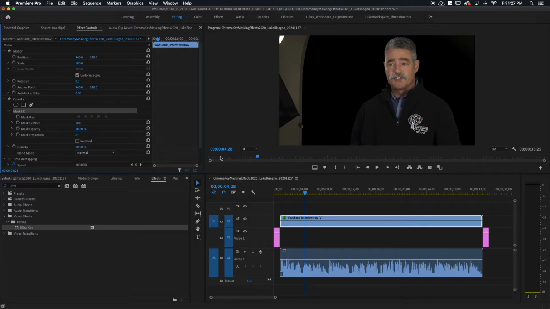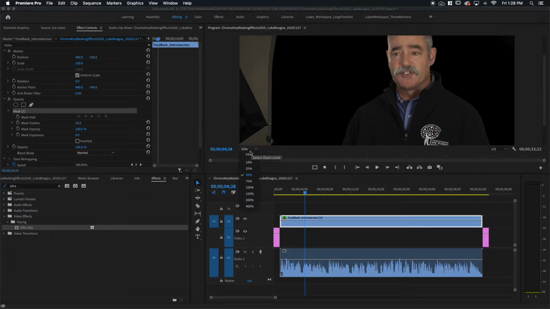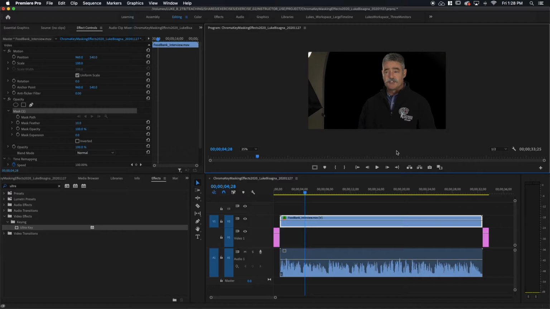Now, when you're doing this, it's a lot easier to reduce the size of the viewable area here so you can get outside the frame with your tool. You see if I roll off the edge here, I lose my pen tool and it goes back to just my regular mouse pointer. So if I reduce the size of the frame, let's try 50%. Let's go down to 25%. Okay, and now you can see I get outside the frame and I have the ability to still use my pen tool outside. And it's important that we do that because we want to be able to make this mask actually go off the edge of the frame.